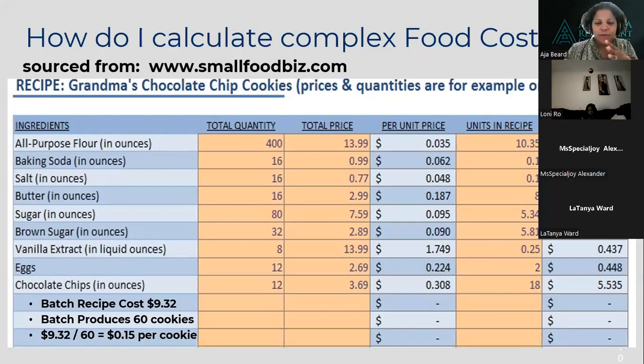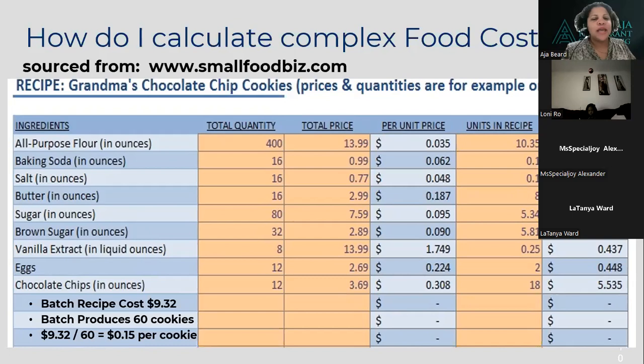And I will say, for a lot of people, it might seem cumbersome, but I can tell you now, you invest the time to do this once. The only time you need to go back is if somebody changes the price. If all of a sudden all-purpose flour went up to $16.99, you just come in, you change this one menu item price, and then the rest of the formulas will kick in, and then you have an updated cost. So, it's something that you do once, and then you revisit again only if the prices change dramatically.